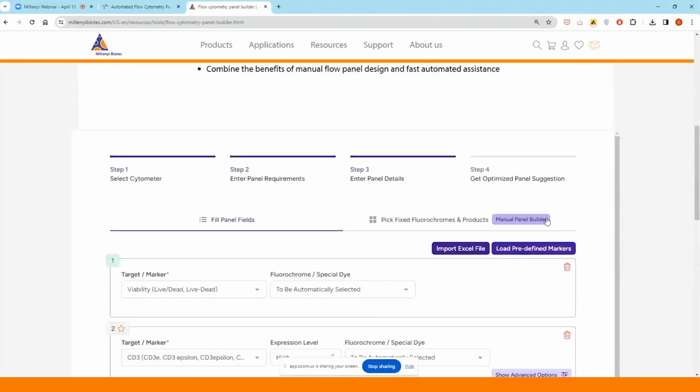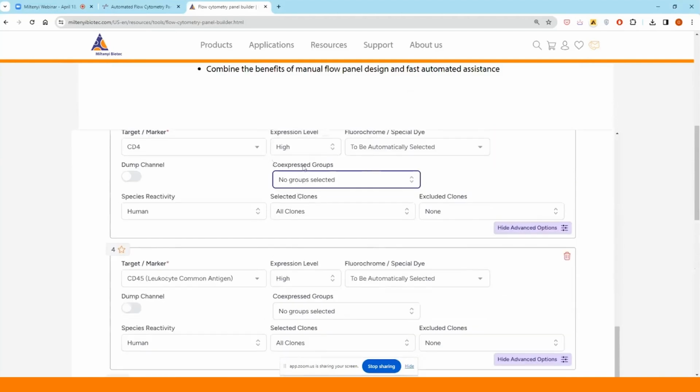Having said that, you don't really need to enter the full co-expression profile because the tool or the algorithm by default tries to select a combination of fluorochromes that minimizes the spillover. And so I'd suggest you really use this co-expression feature for markers that you really care about. Typically, the last gating window or the last gating figure, if it's really two or three markers that are co-expressed on the same population and that you care about. Otherwise, you don't really need to add all the markers as co-expressed on the same population, because this is accounted for by default by the tool. All right, let's